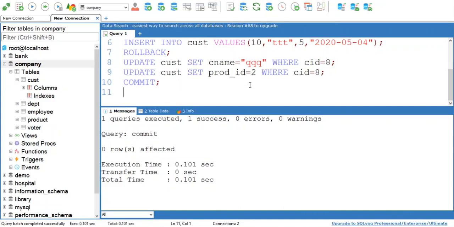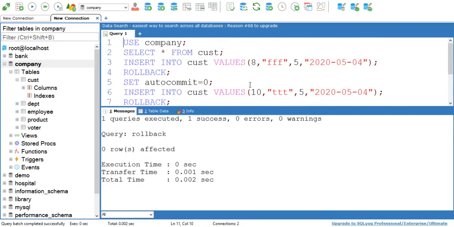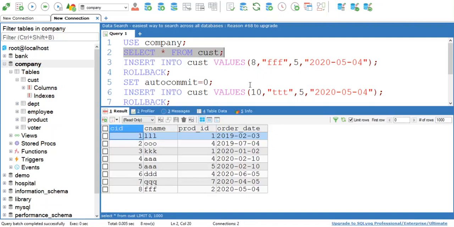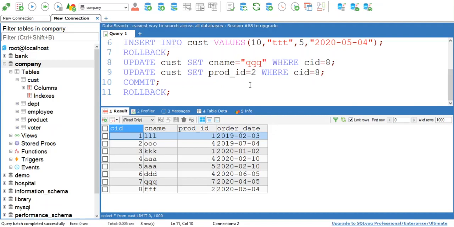These changes cannot be rolled back. Now try to roll back this. Roll back. The command is executed successfully. Now verify the result. See, here the product ID is 2 only. Your product ID is not changed because the changes done by this update query, update customer set product ID equals to 2 where customer ID equals to 8, are stored permanently by using the commit command.